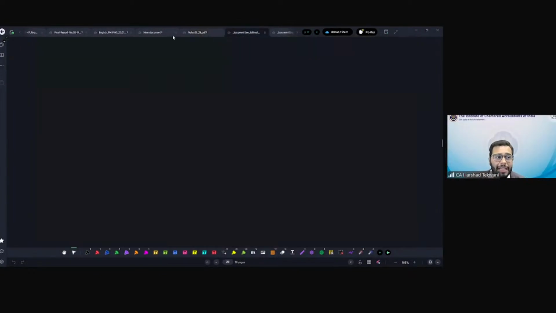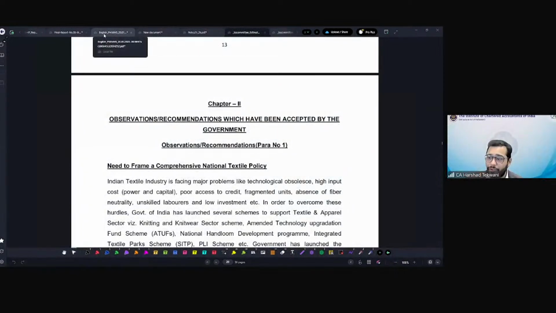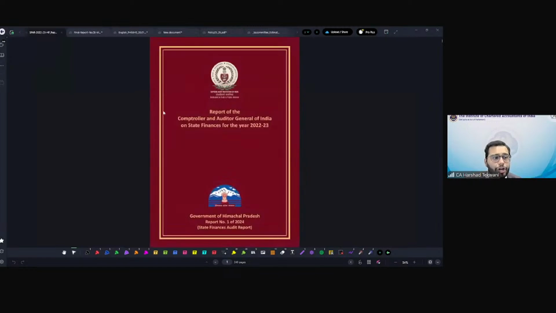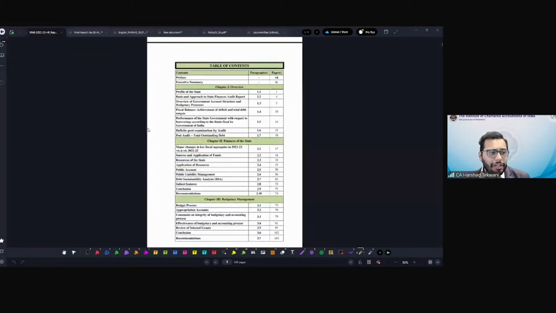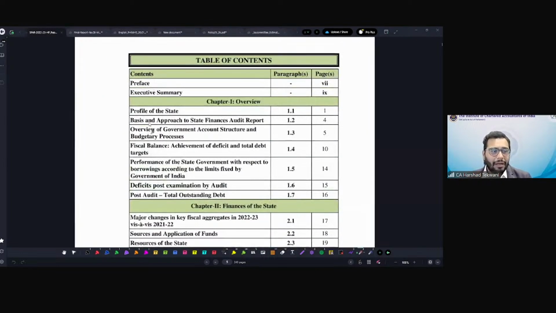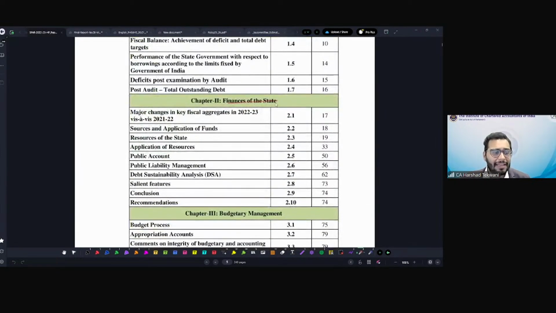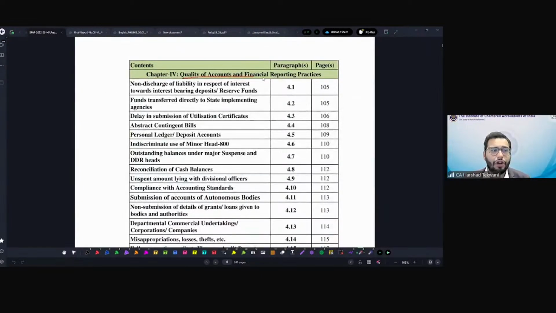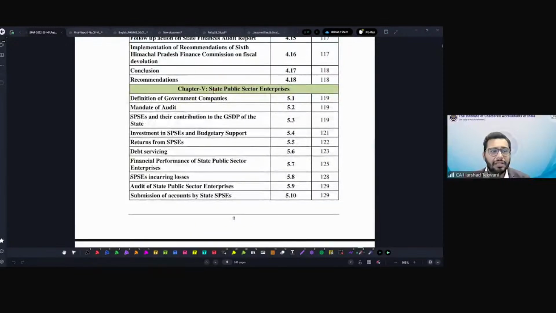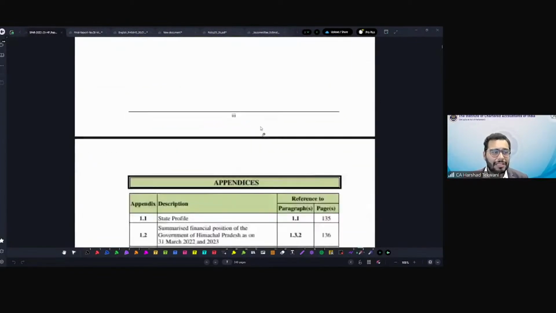We discussed the committee reports. We saw the performance audit report. We saw the compliance audit report. Even financial audit reports are available. So this is the financial audit report, and we'll quickly see it also. It is of a similar nature. Whatever audit you do in the financial audit covers finances, budgetary management, quality of accounts and financial reporting practices, and state public sector enterprises. And if I should show you